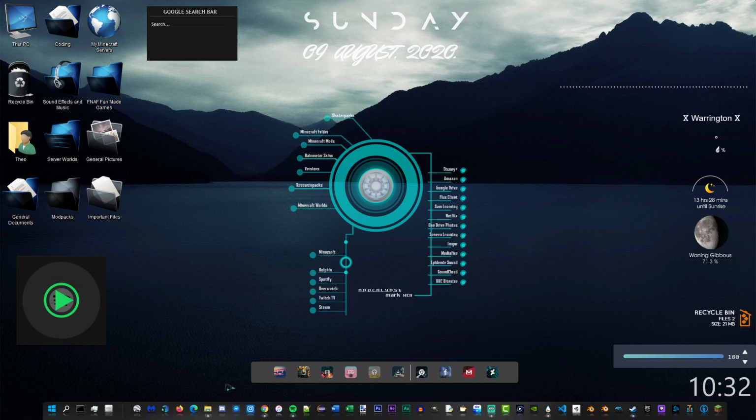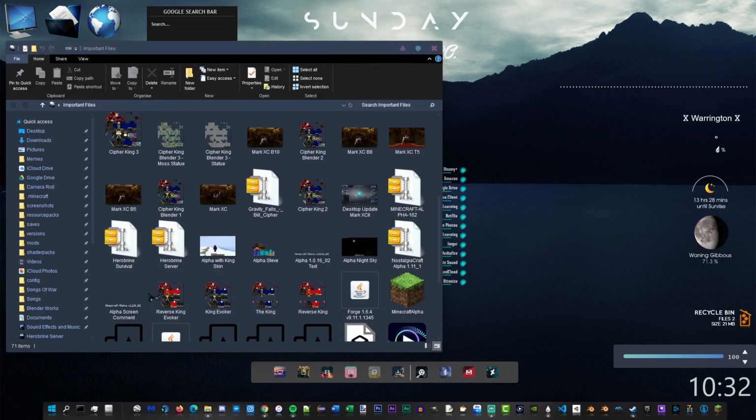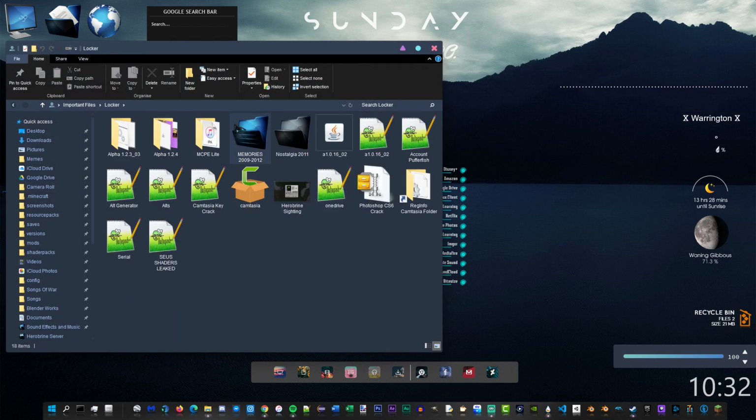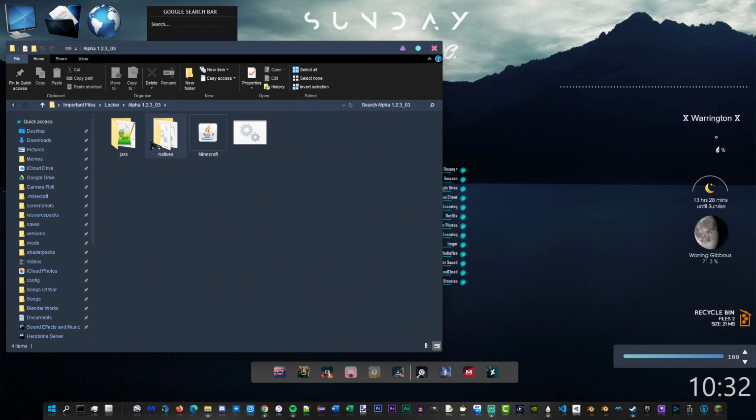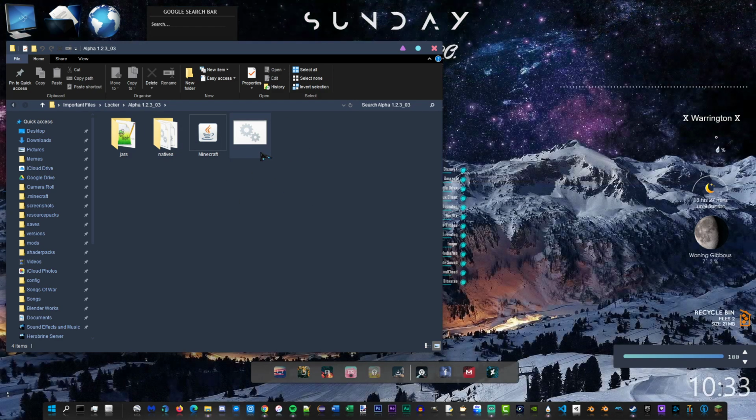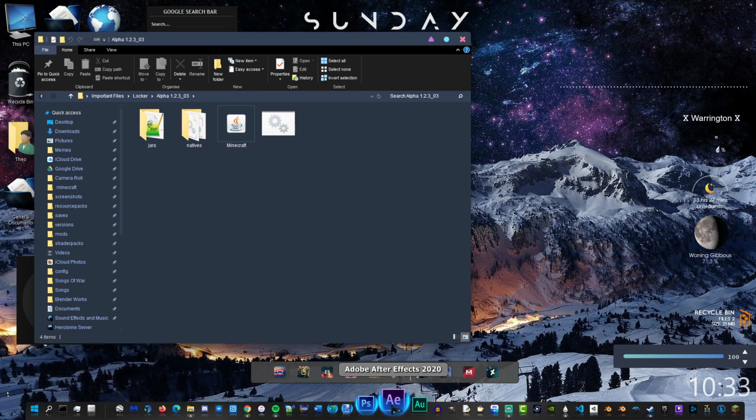So like, how you guys can get this version right here, the alpha 1.2.3_03. Last video I made about this version, I left the link down in the description, but some of you might not know how to actually get this version working. So basically what you gotta do is you gotta